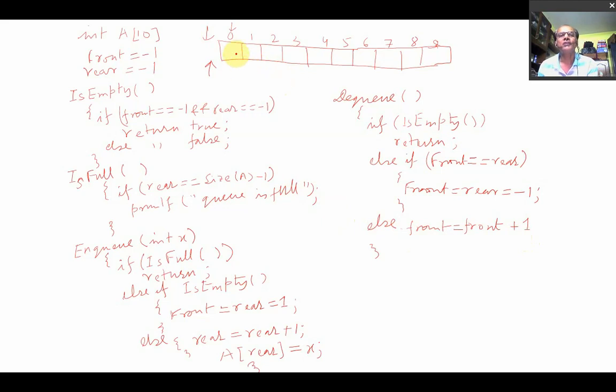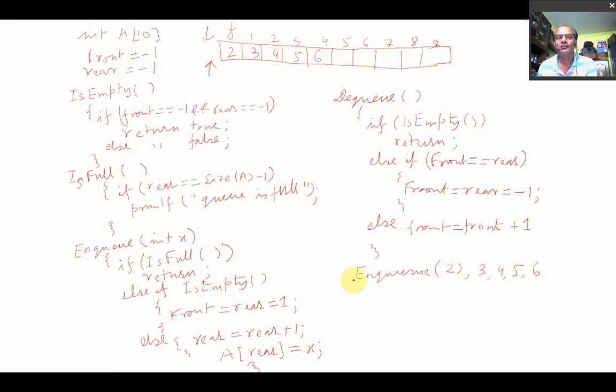Now you see this, I am giving you one example here. Suppose some elements are inserted, you are doing NQ operations. Suppose 2, 3, 4, 5, 6 are the elements. I am calling the function from main: NQ 2, then 3, then 4, then 5, and then 6. So those elements will be inserted here.